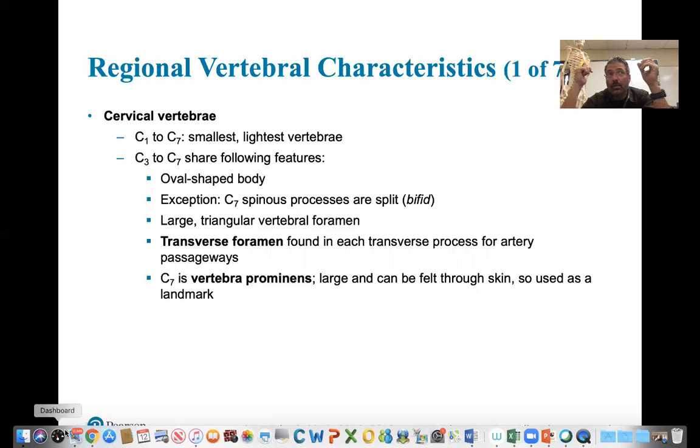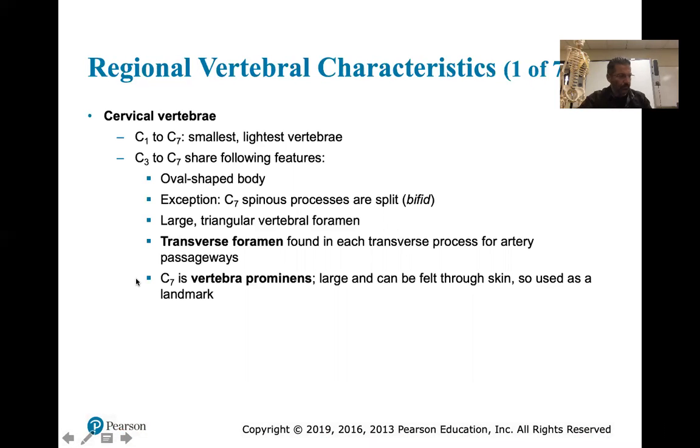We saw last lecture that external occipital protuberance and those condyles, how they sit there. I've got this oriented right now. You can see that. There's a little scoop out here where the condyle of the skull is going to sit and rotate. It's going to allow you to nod, all right? So C3 through 7